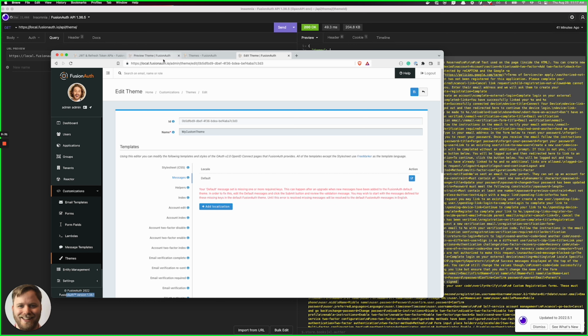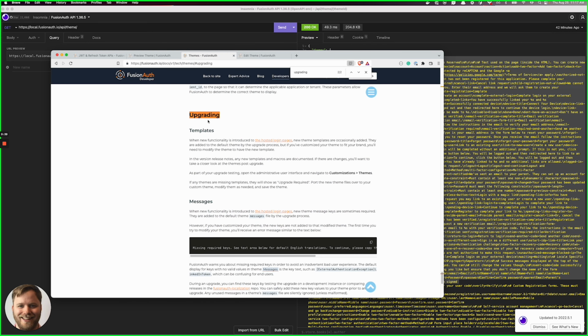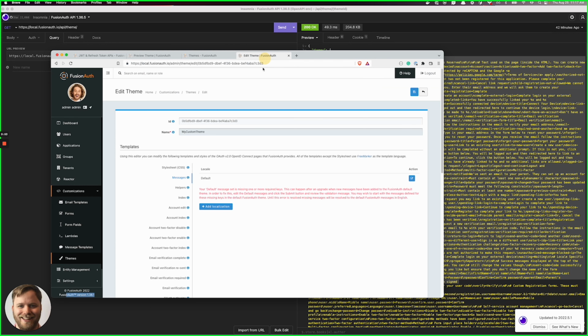If you lost a theme and it was because of an upgrade, I'll start there. FusionAuth has an upgrade process for managing changes to theming as you upgrade from a previous version to a newer version. We have this in our documentation under our theming, and I can send you this link. When you do an upgrade and you're missing things, we'll send you messaging around what needs to change in your theme